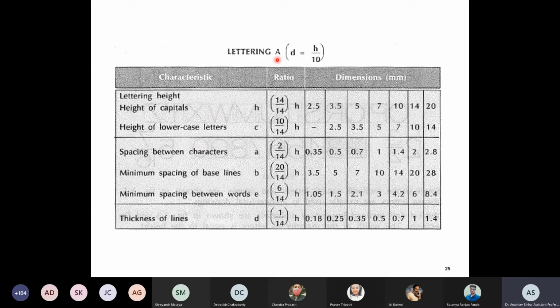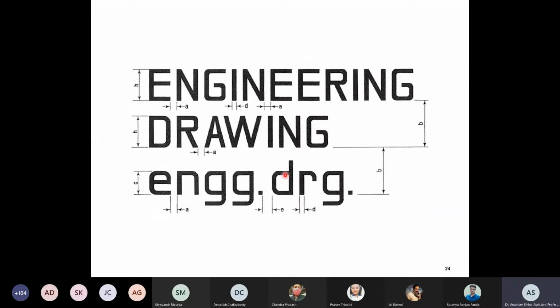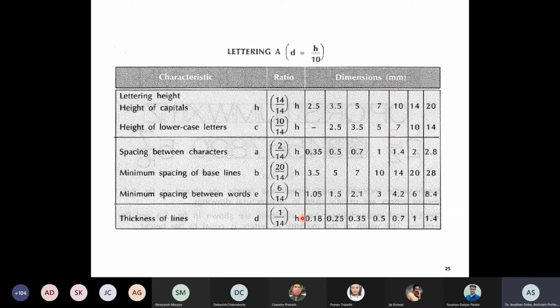So lettering can be done in two types. Either you can do this is D. Okay, D and H is the height. Here it is written, H is the height of the letter. D is the thickness in which you are making that letter. Okay, so you can have either D is equal to H by 10 or